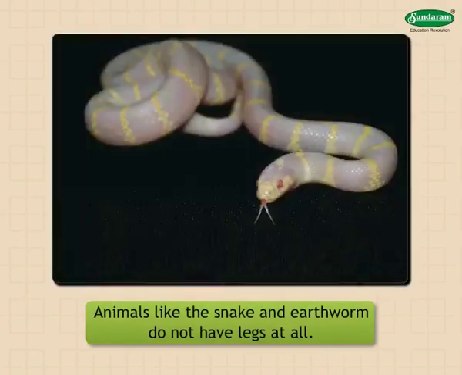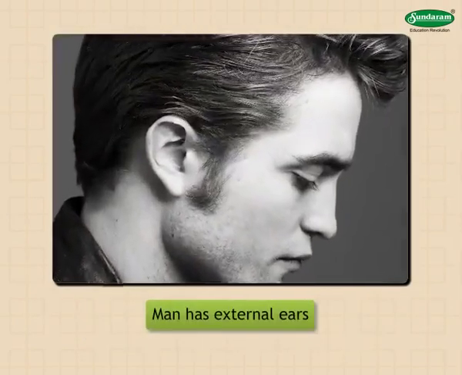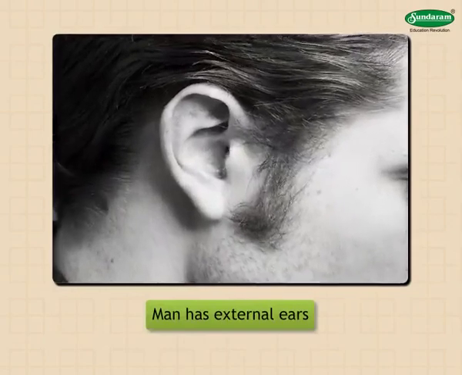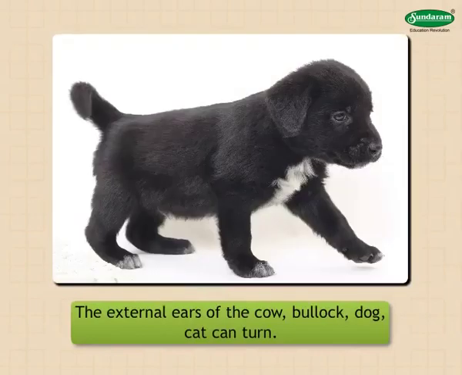Animals like the snake and earthworm do not have legs at all. Man has external ears, but he cannot move them like cows and buffaloes do. The external ears of the cow, bullock, dog, etc. can turn